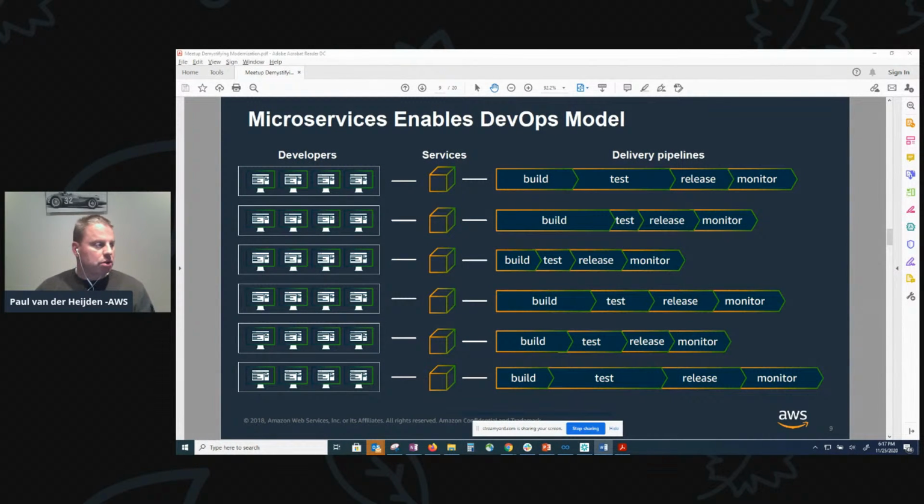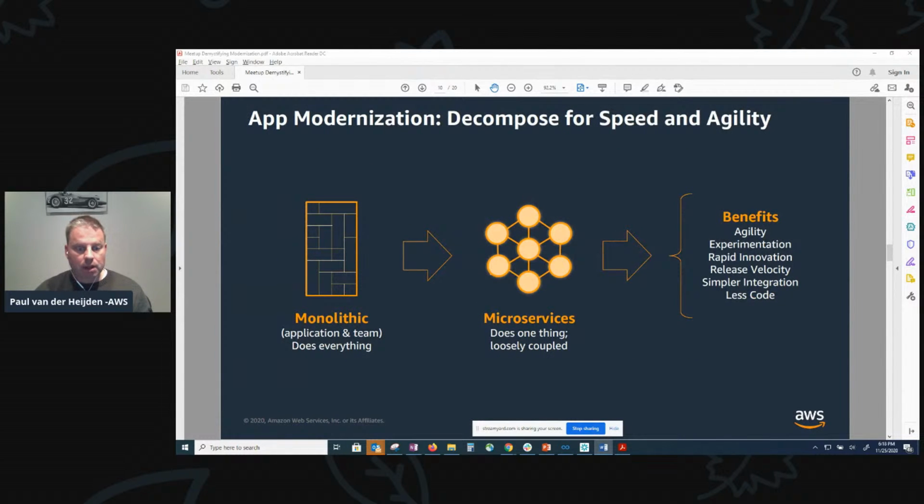Now, microservices, utilizing those microservices-based architecture, enables the DevOps model that transforms that monolithic application development process into one that is built for speed and agility. Automation and self-service tools are crucial to provide the ability to have small teams quickly and easily develop and deploy services that drive that rapid innovation, and a lot of that may sound already familiar to you.